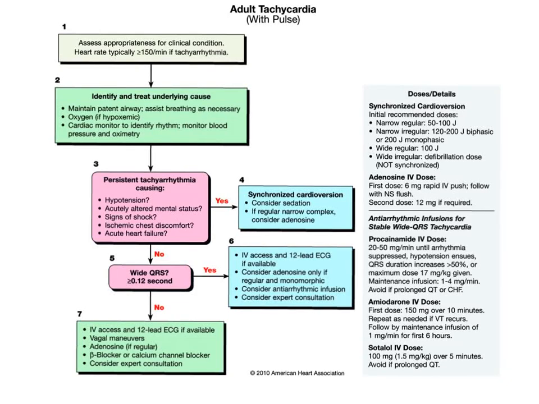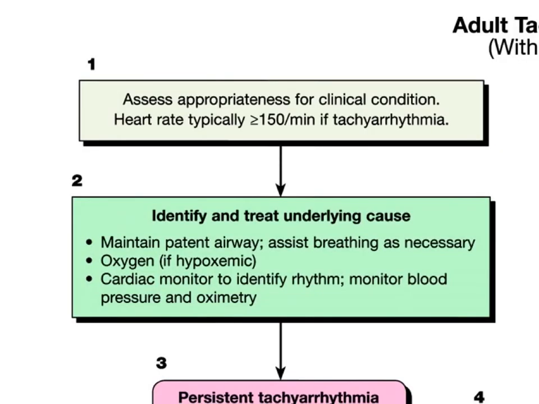So in this presentation we're going to discuss the American Heart Association's 2010 guidelines from ACLS for adult tachycardia with a pulse. As you're assessing your patient, when your patient has a heart rate of greater than 150, we need to consider that the heart rate, the tachyarrhythmia, is part of, if not all of, the problem. And we're going to try to identify and treat the underlying cause with standard airway and breathing management,